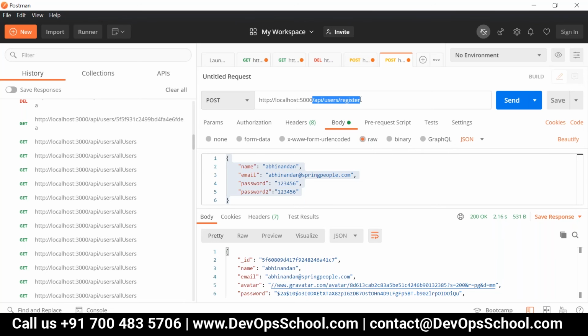So under the auth, I need to use only /API/user/register, or /API/user/login. The login one is used for the login purpose, register used for the registration purpose.